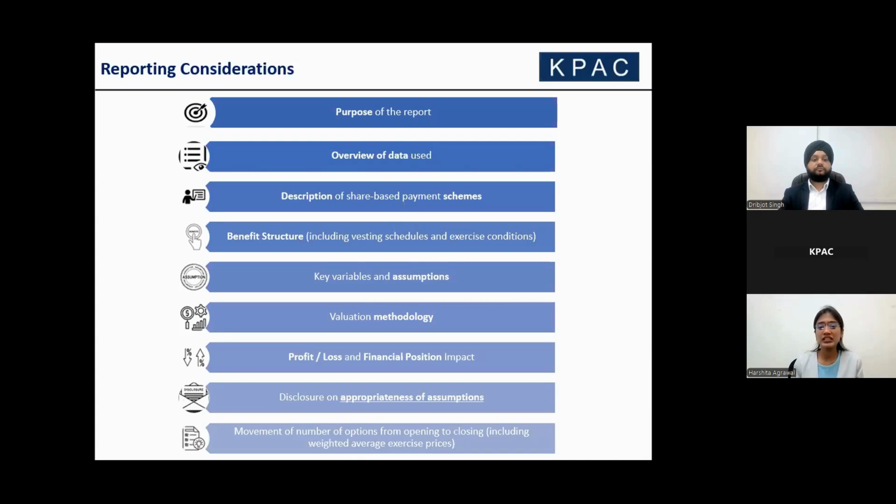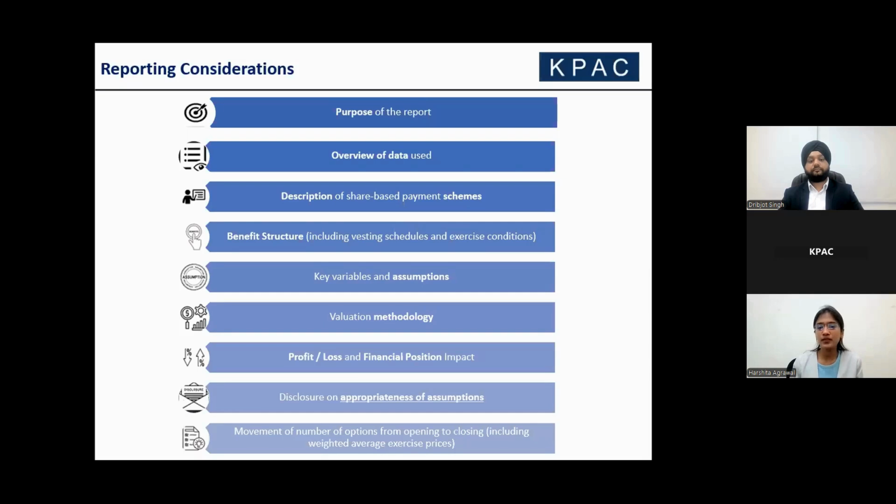So companies need to disclose the reconciliation of the number of options starting from the opening balance, additions like new grants, deductions like exercises, cancellations, forfeitures, and the closing balance. This often includes details like weighted average exercise prices to provide further clarity.